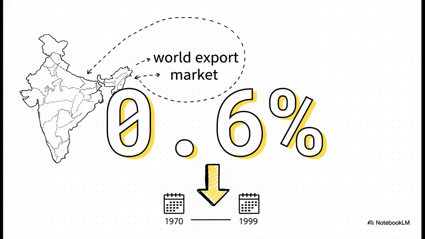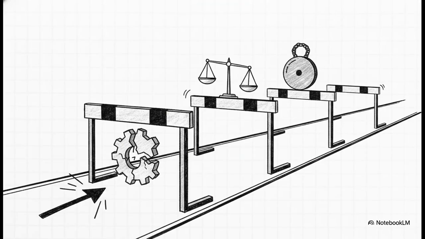It highlights a pretty stark reality. India's relative footprint in the global export market remained almost entirely stagnant. So what exactly is holding it back? Well, there are a few ongoing roadblocks preventing India from fully paying for its imports through its exports. First off, there's an inadequate indigenous technology base, and that really limits the country from breaking into heavy manufacturing. Then there's a serious struggle with price and quality competitiveness on a global scale.